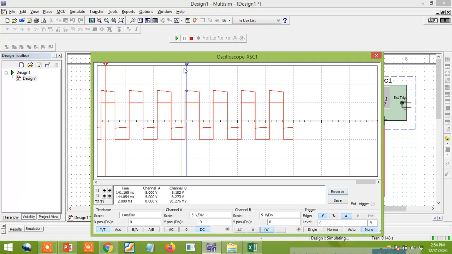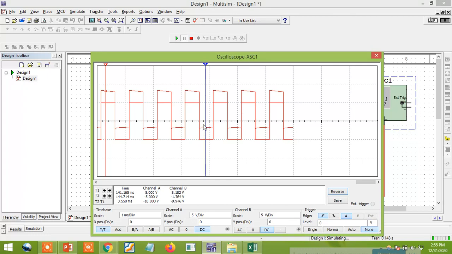So this point, 8.27, is coming here. Exactly, you need to see at the center position. So approximately I'll get 8.119 volts. And the negative value, what value are you getting? It should be minus 2 usually. So what value am I getting? It is minus 1.76. These are practical values.